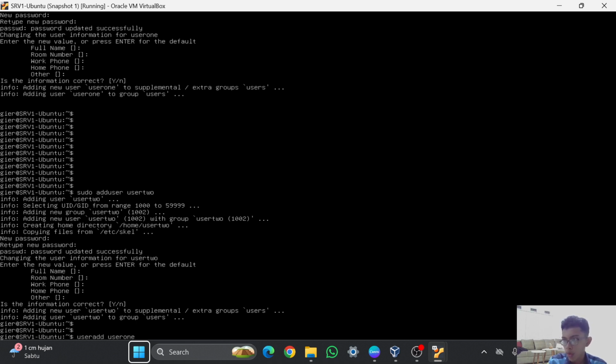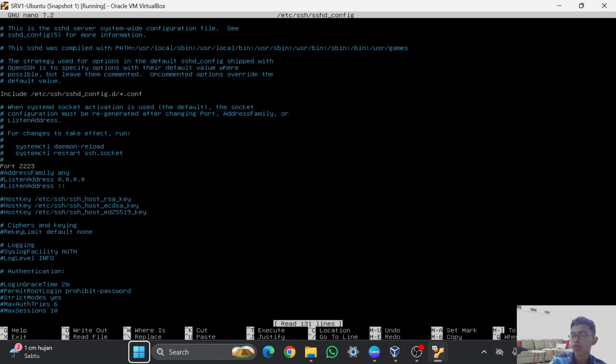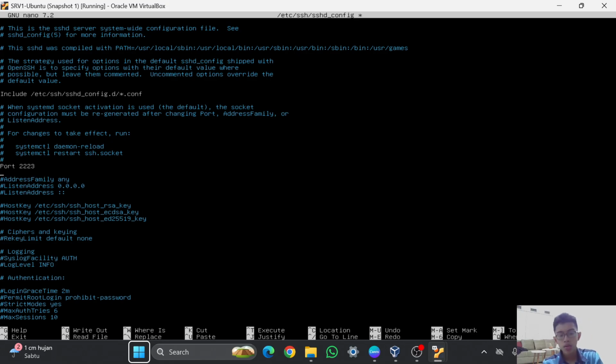And in here I will open the file sshd_config again. And in here under the port, you can type allow users again, and then the user that you want to allow to be remoted. And in here I will just use user 1.